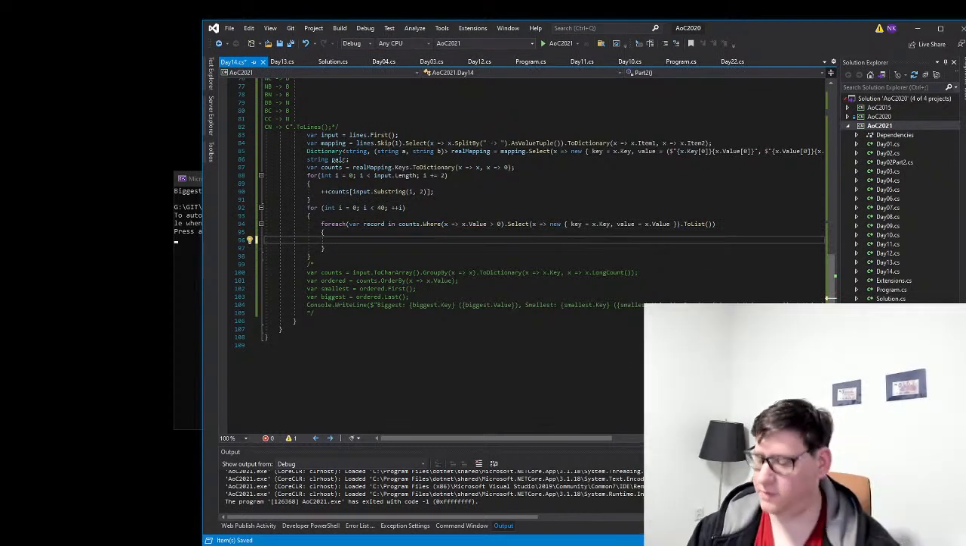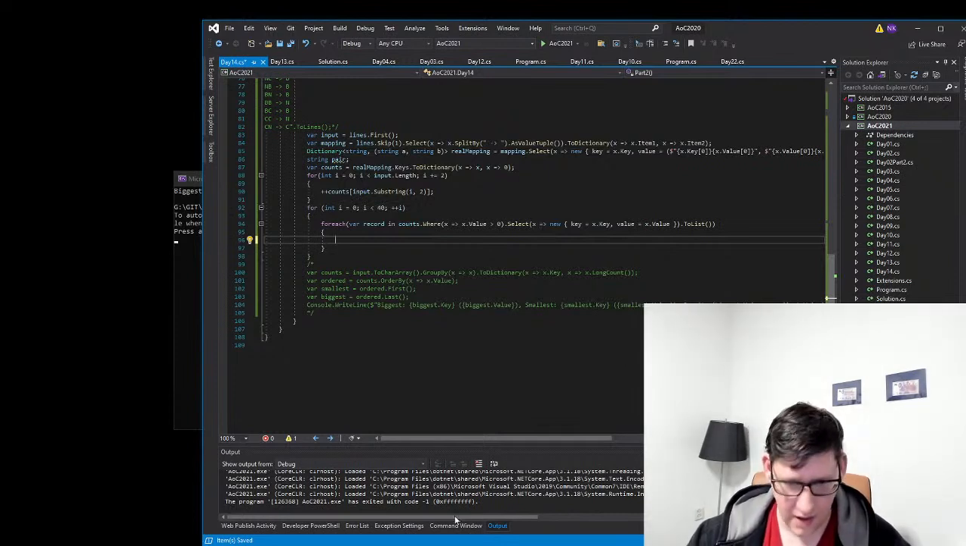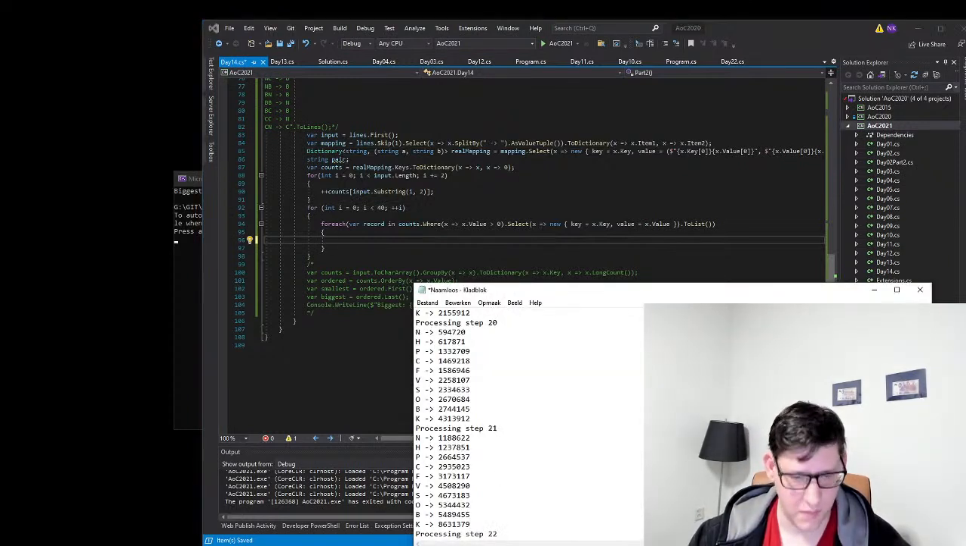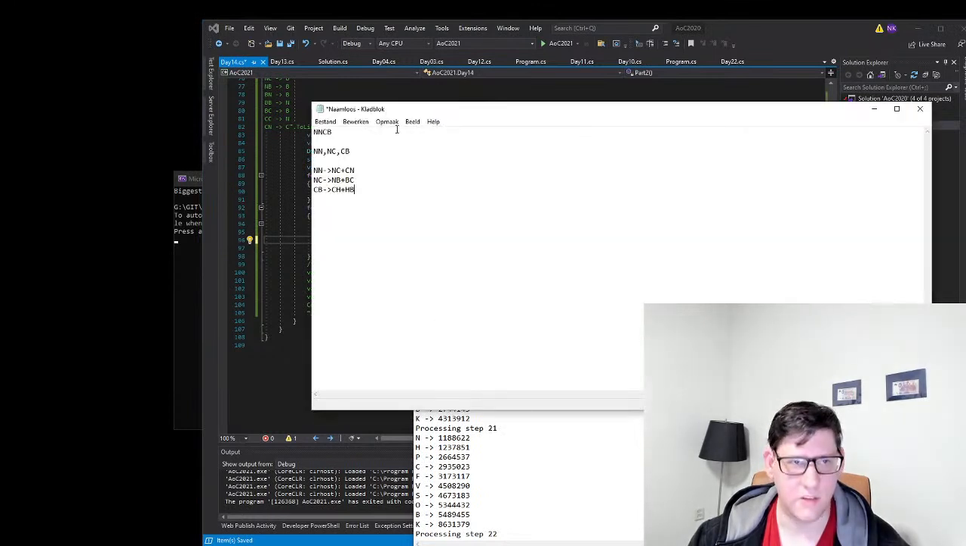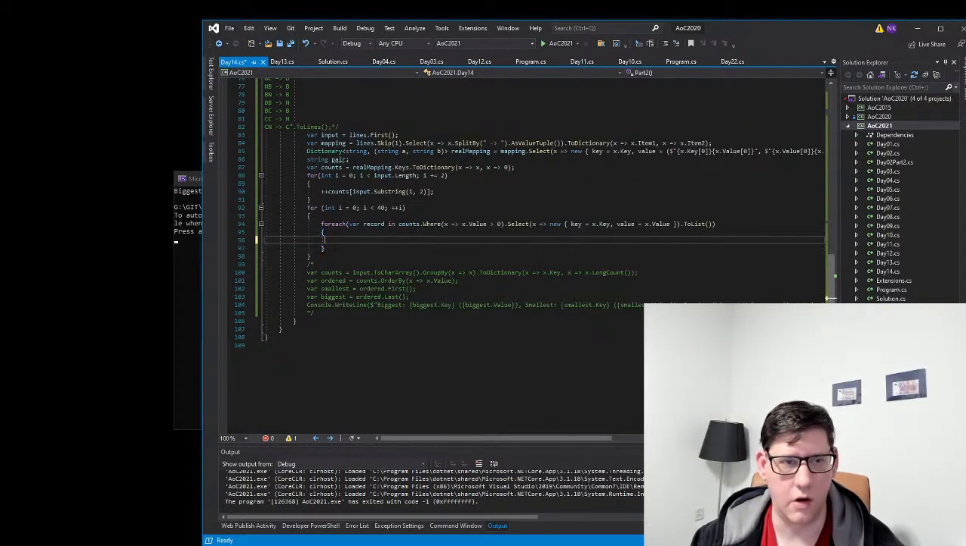I finished part 1 and then realized that I couldn't do part 2 because of memory. And now I realized that I can actually just treat this as these pairs which have this result. So if you look at NN, what it does is it adds an NC and CN pair. So I made mappings for every combination to see what it will spit out. And now I'm writing a loop to just go and do